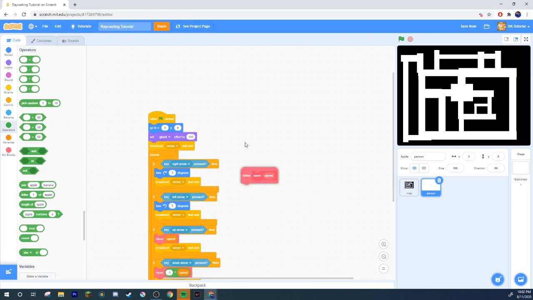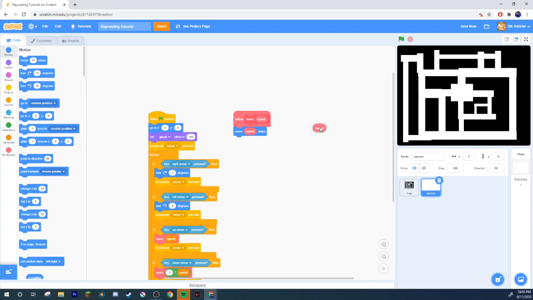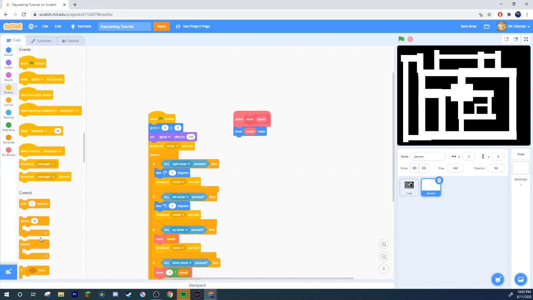What's next? We got to define move, right? So when you define move, you're going to grab your move blank steps, and you're going to make it move. The way you grab this speed to put that in there is right here on the define block. You can just pull that thing out and put it wherever you want. So you just grab that out and put it in the move speed steps. Then you're going to do if touching